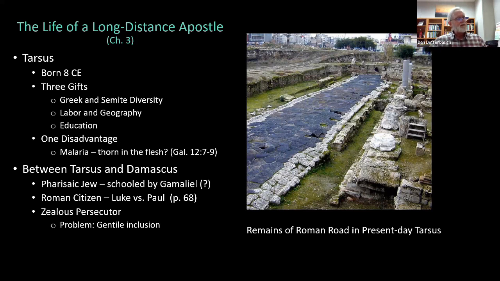And it's interesting how they explain malaria. And I'm going to read from page 64. Our answer depends on another earlier book by William Mitchell Ramsay, St. Paul the Traveller and the Roman Citizen. He combined Galatians 4:13 and 2 Corinthians 12 and proposed that Paul's recurring illness was a species of chronic malaria fever,